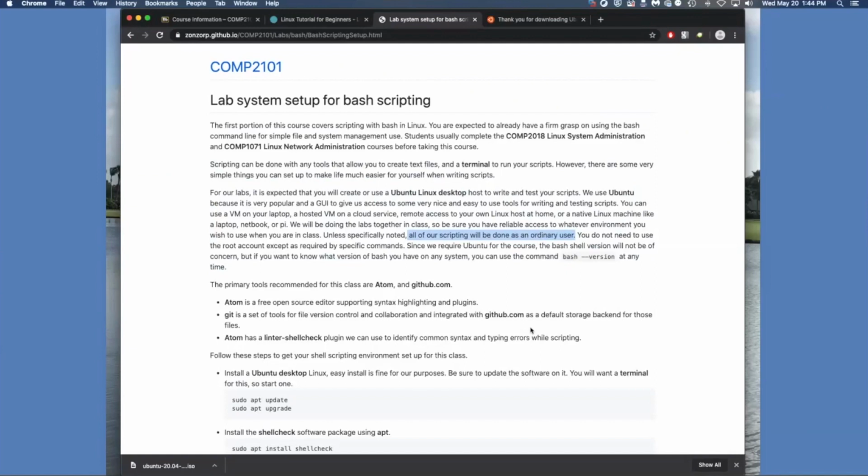Since I'm recommending we all use the latest version of Ubuntu, the version of bash you're using should not be an issue for anyone. Should be just fine. If you want to check what version of bash you have, the command is bash --version. So if I were to go ahead and get a terminal type window here,